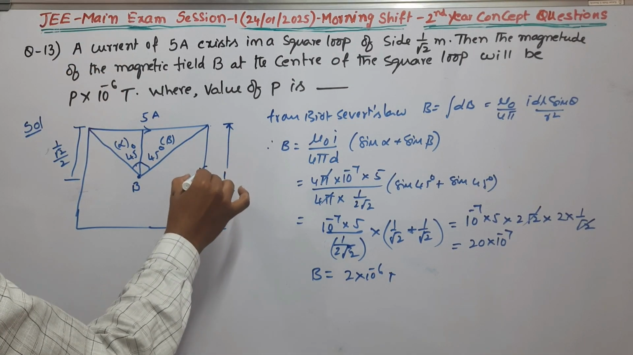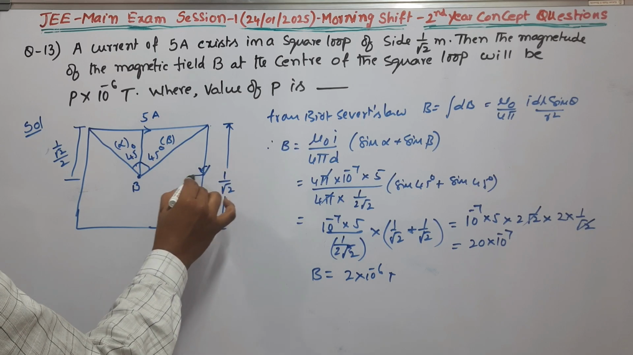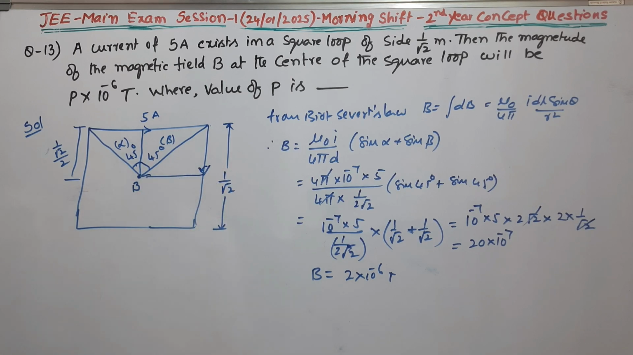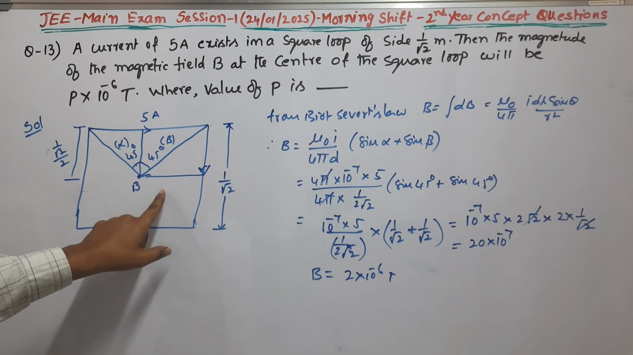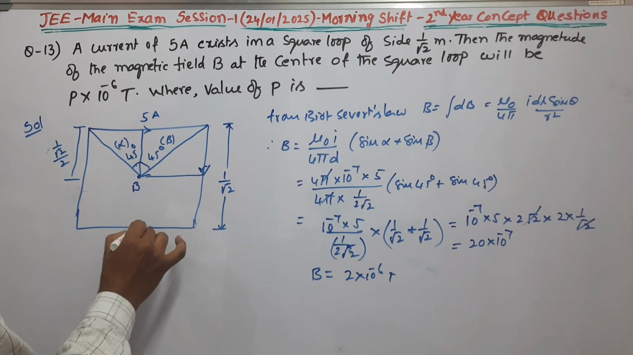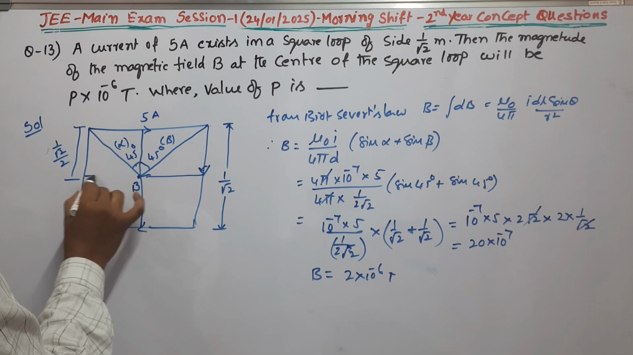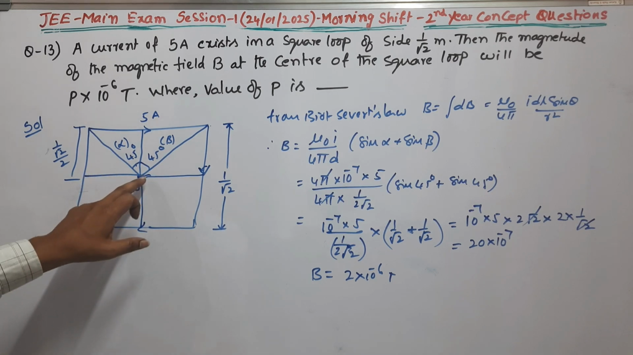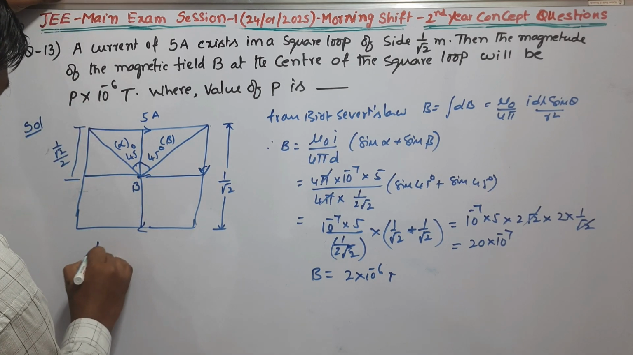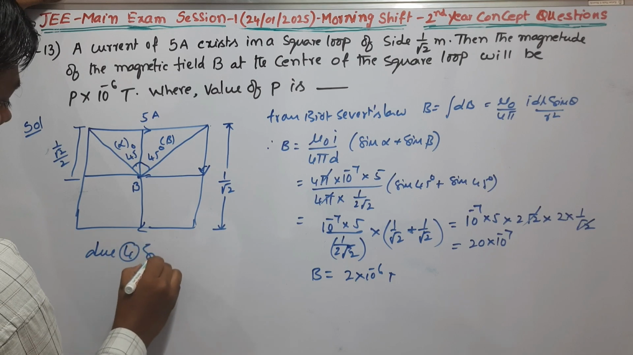This is just for one side. Similarly, this side is also carrying the same current. So, this is also at the same distance of 1 by root 2 by 2. So, this also contributes the same magnetic field at the center. This side also contributes magnetic field at this center. So, due to four sides